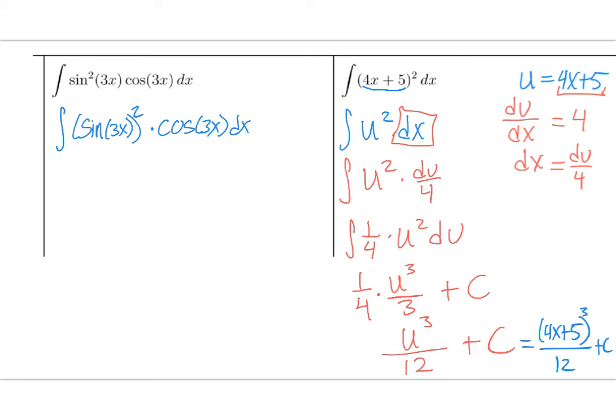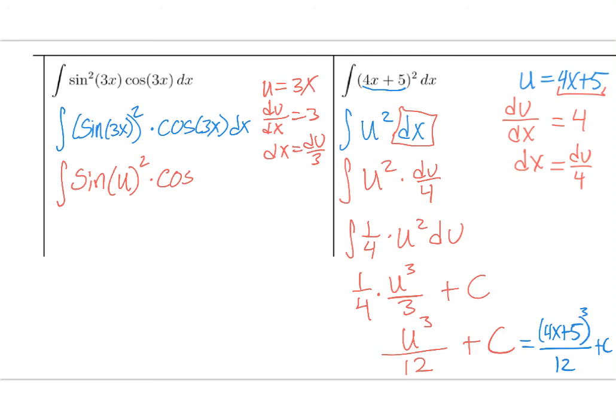The first thing that I notice here is that we end up with stuff that looks like we're on the inside here. The easiest thing for me to see on the inside, and this is not going to be the one that works, is going to be 3x. So I'm going to write u equals 3x. And when I do the derivative, we get du dx is equal to 3. So dx is going to be du over 3. When I go to plug this in, and again, this is an example of one that does not work, we get sine of u squared times cosine of u